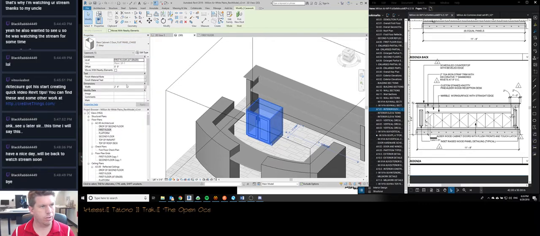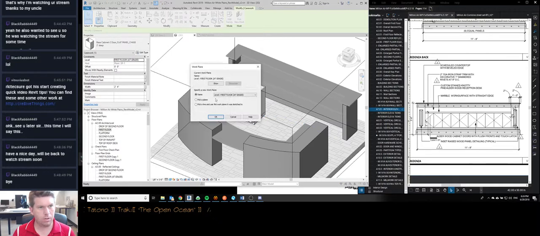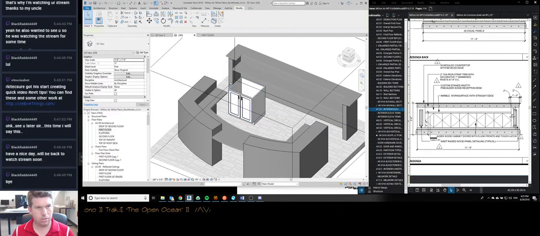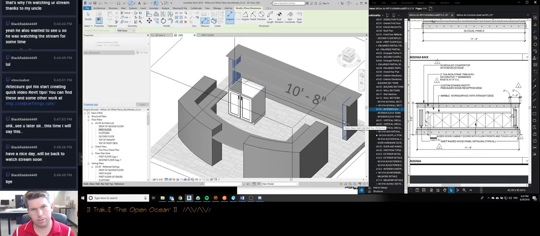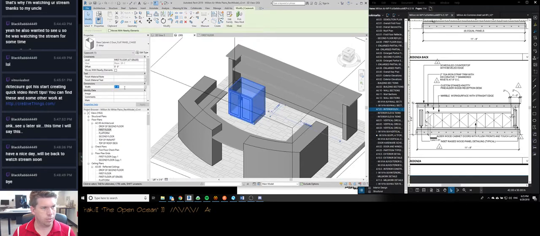That's what we'll go with. So let's see what this width is. 10'8". Width of this is going to equal 10'8" divided by 2, 3, 4, 5. And there are 3 of those in this, so I need to make